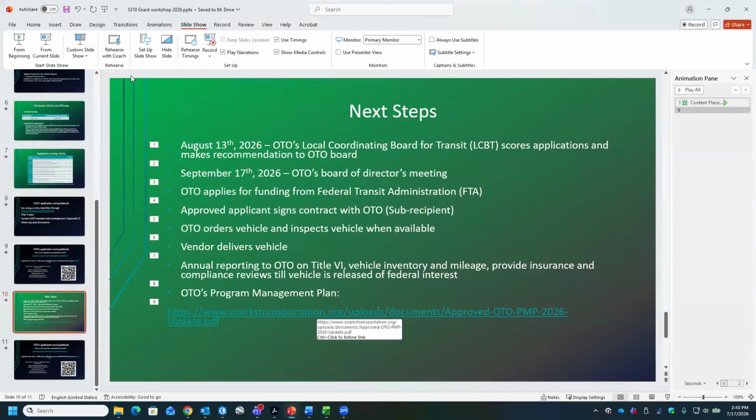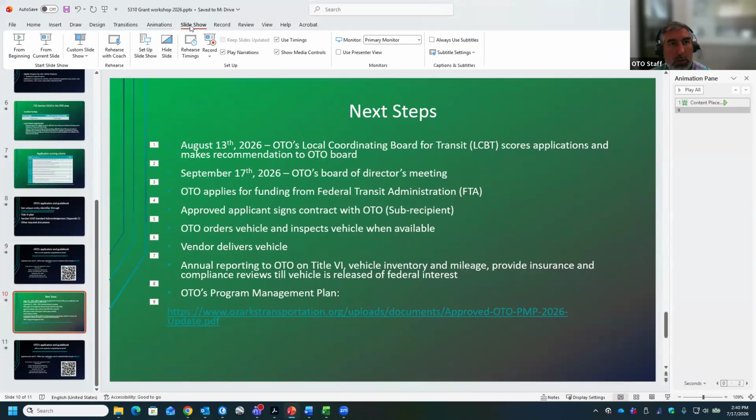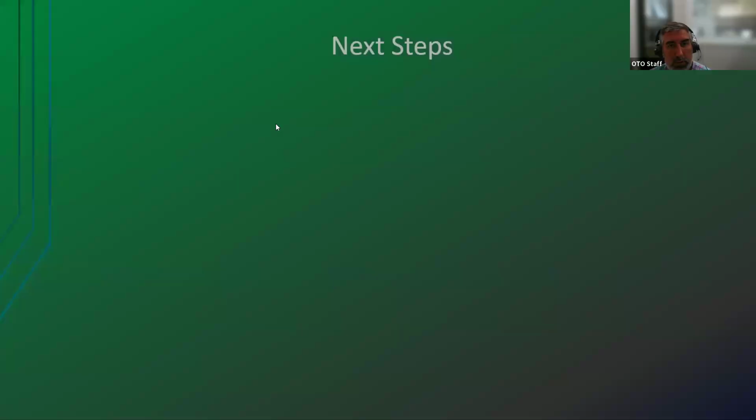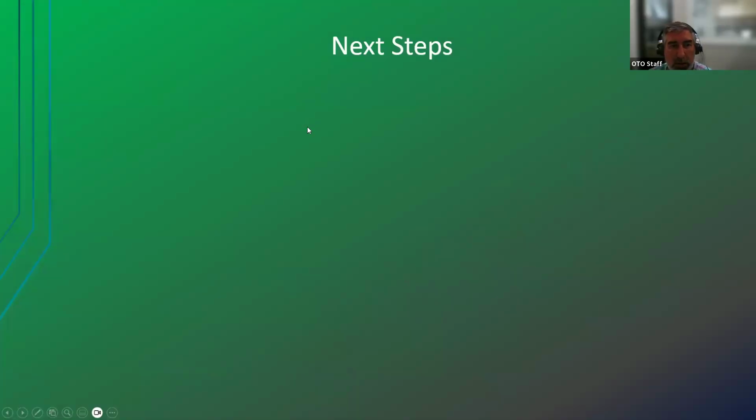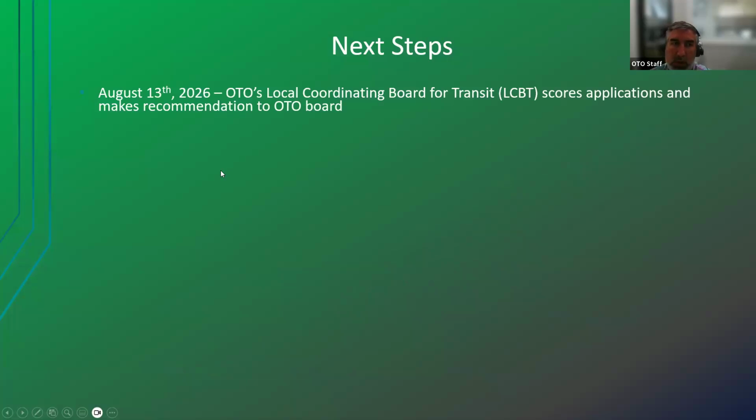Okay. So let's go back, start my slideshow. So, next steps. Once that's all done, July 31st is the deadline. On August 13th, our local coordinating board for transit scores the application and then makes a recommendation to our OTO board.